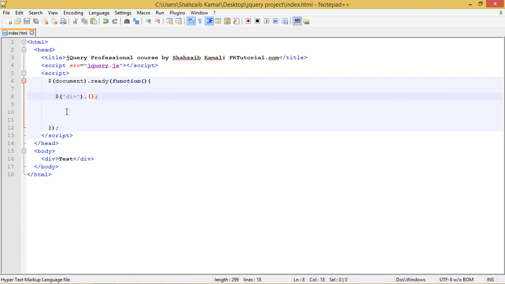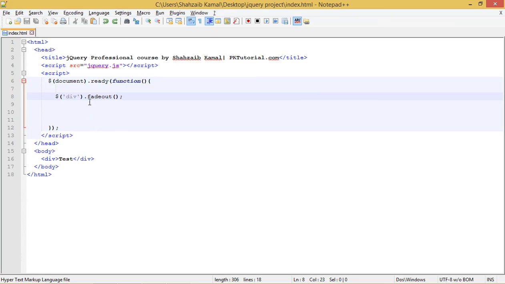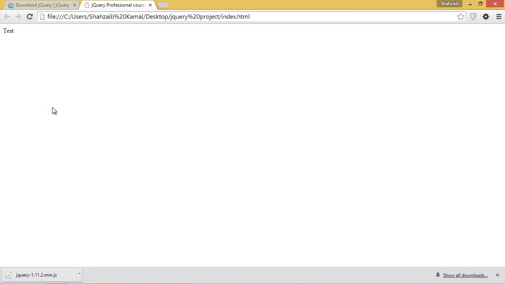Div dot fadeOut, as I said before in the last class, fadeOut. I just typed div dot fade out. Now just see, whenever I refresh this page, nothing happens. But why? Yes, the O of the Out should be capital. It means we have to write the functions in camel case, where the first word's first character is small and the second word's first character is capital, like F is small and O is capital here. And now just refresh this page.